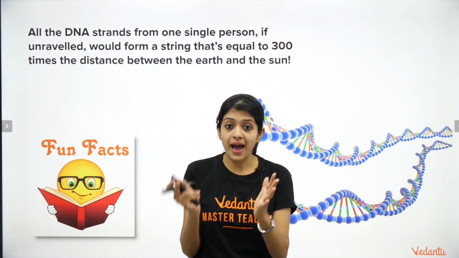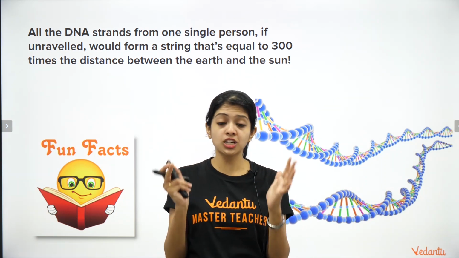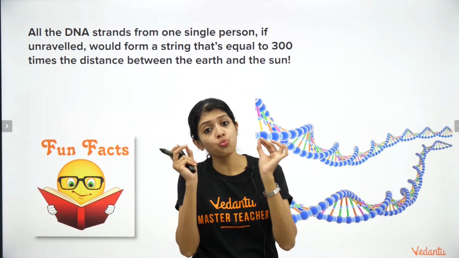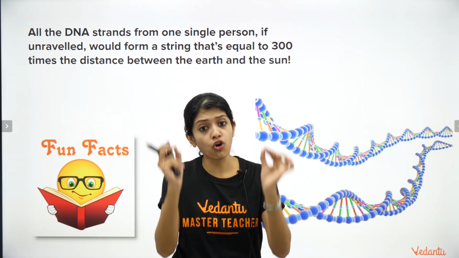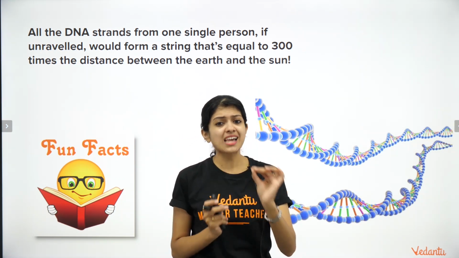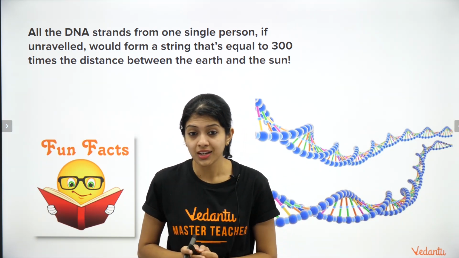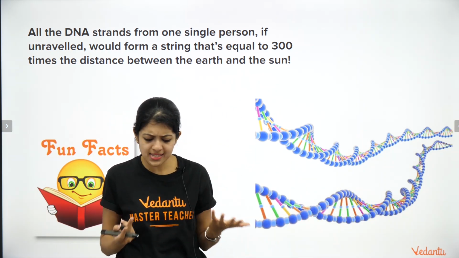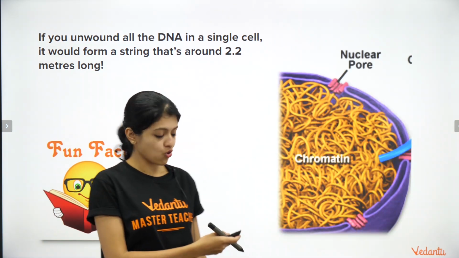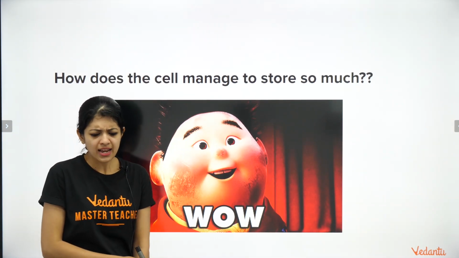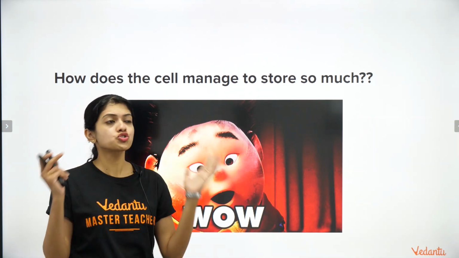Imagine the magic of genetics. Imagine the magic of biology. How can that much be packaged into one single individual cell of a body, which is such a tiny microscopic structure, right? So to understand that, we will have to see how this is done. How does the cell manage to do all of this? How does the tiny cell manage to do so much?